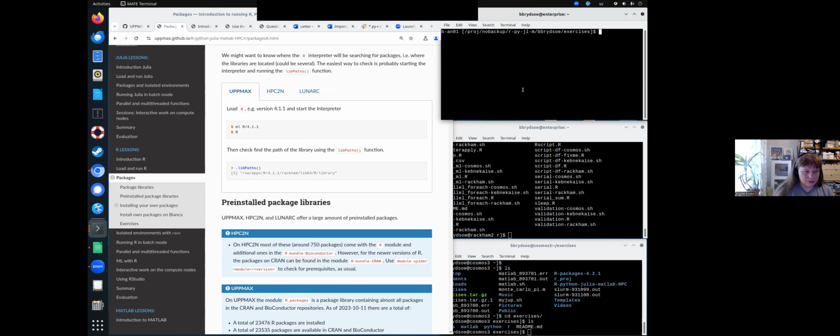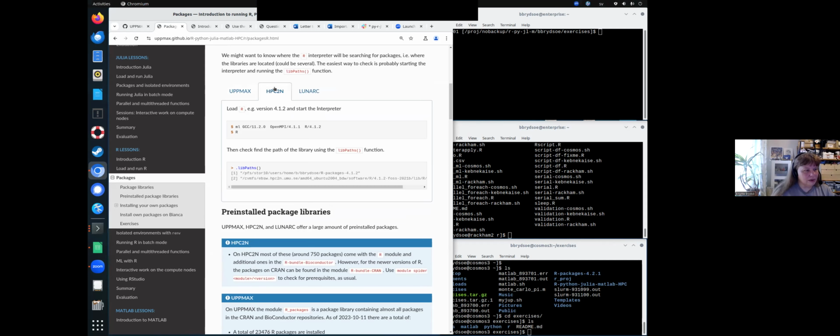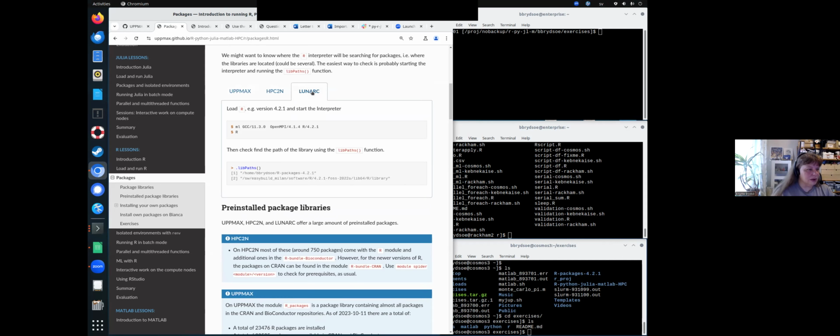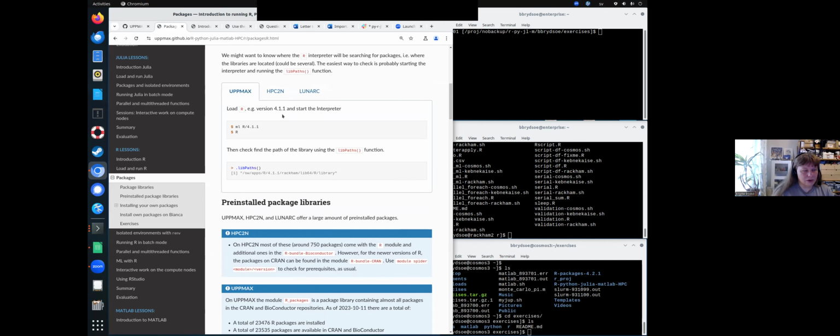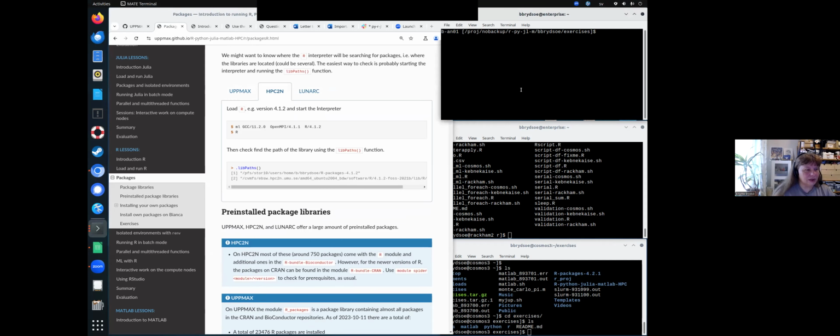And you just did that. And here we are simply going to try with 4.1.2 on HPC2N and on LUNARC 4.2.1 and on UPPMAX 4.1.1. It doesn't really matter. You can pick any one. This is just to be consistent and see that you're getting the same. And as you can see here also, and as Richel mentioned, there are prerequisites on HPC2N and LUNARC before you load the R module. So I am going to load